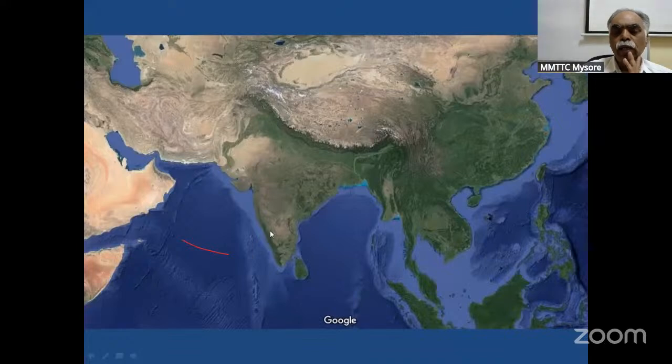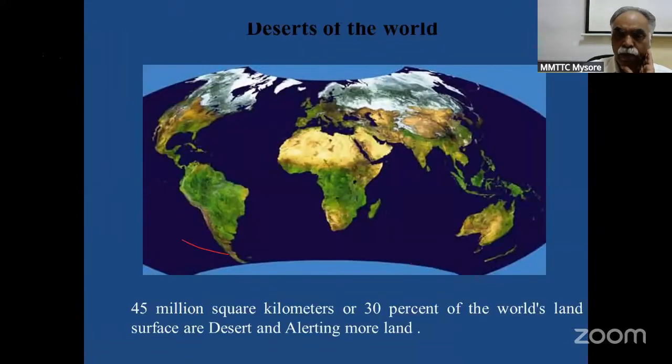So the whole satellite image is loaded with a lot of information. The larger the area, the lesser the information we get. The smaller the area, the greater the information we get. So you find there are a lot of